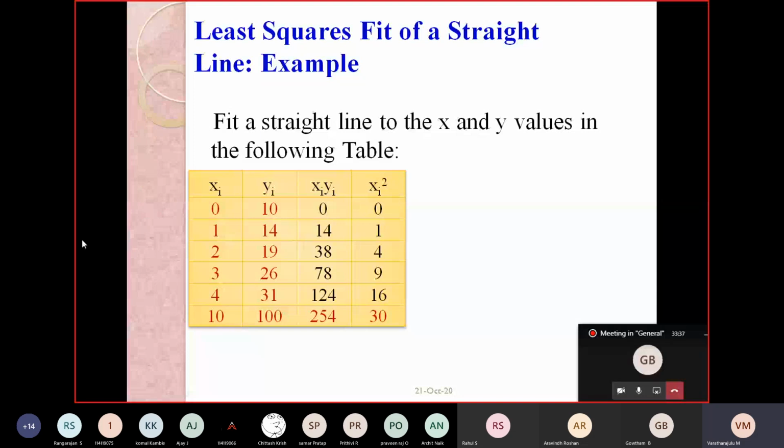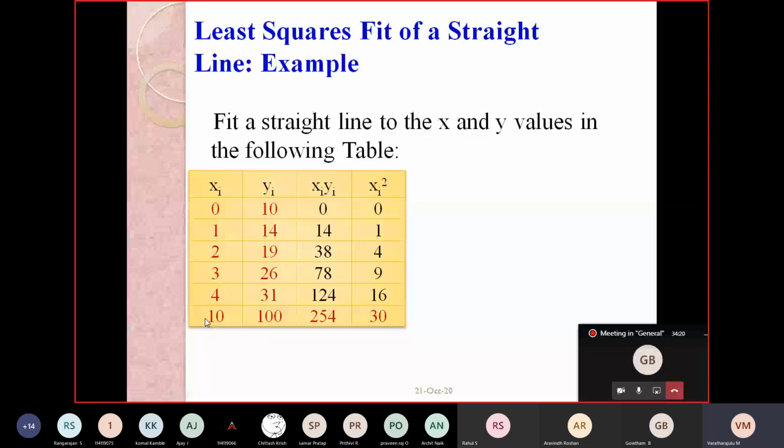Okay. In what way the problems will arise during the examination means the data sets can be given to you, and they may ask you to do a mathematical model, that is a one-dimensional mathematical model. They may request us to fit a straight line, which you are already aware of from your school days. And here xi and yi are given: 0, 1, 2, 3 and 4, there are 5 different data sets given.